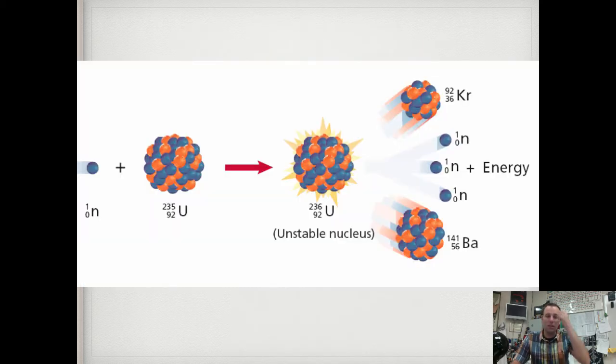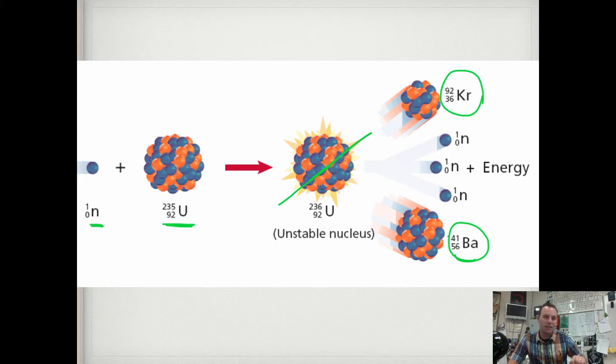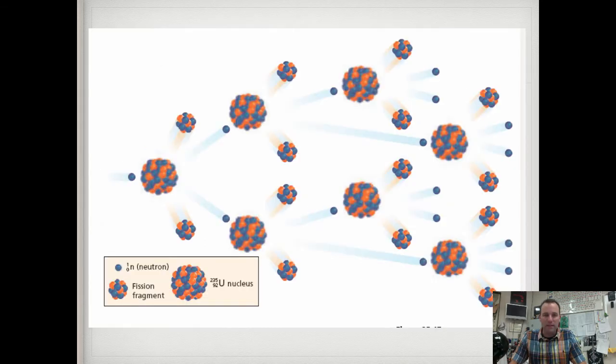Here's another picture of what it looks like. In more symbolic form, you have your neutron here, which is bombarding uranium, which is what they usually use in the power plant, and it's going to split your unstable nucleus into two more stable ones. These are much more stable because they're smaller. Krypton is not a radioactive element anymore. You've got your three neutrons and your energy. So there's just another look at that.